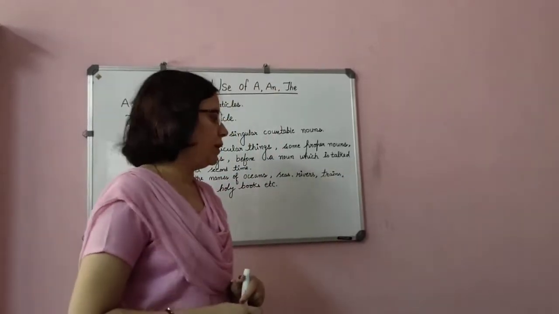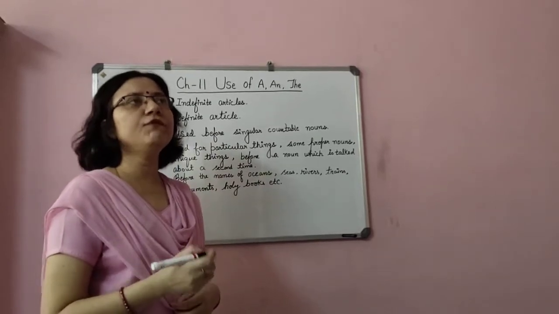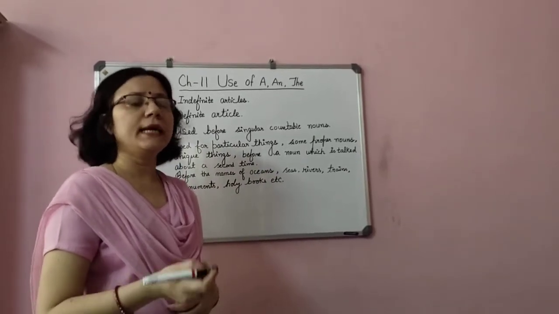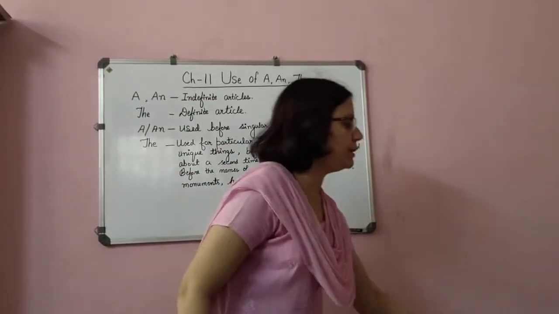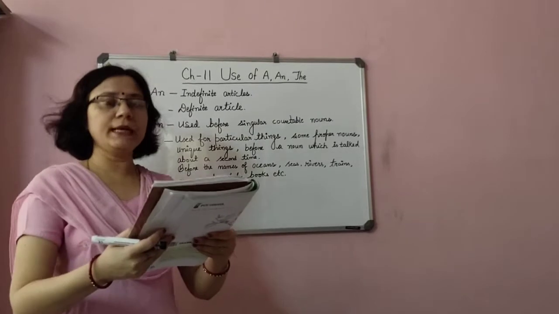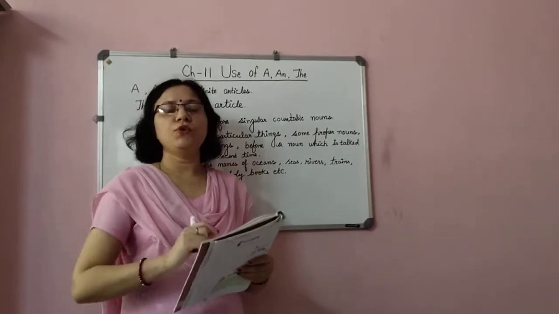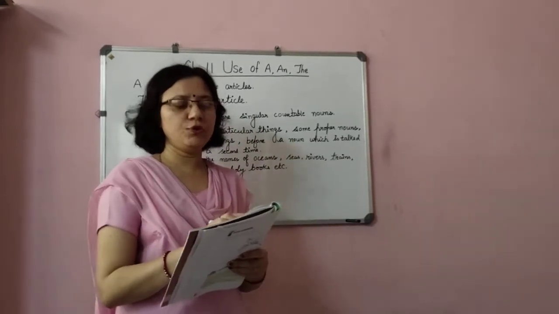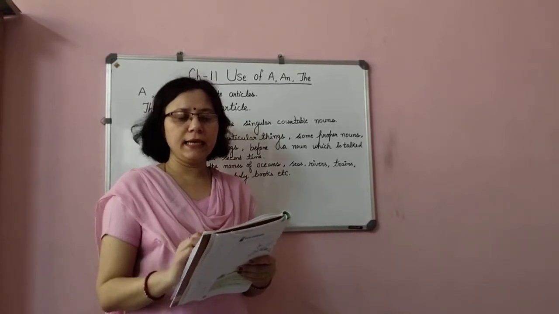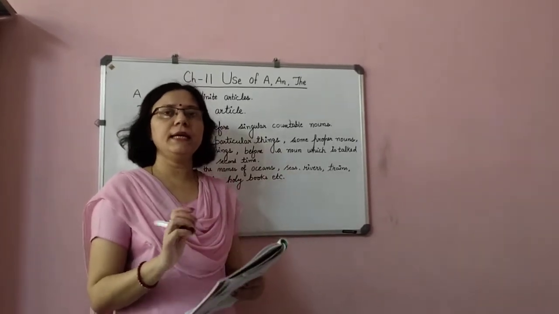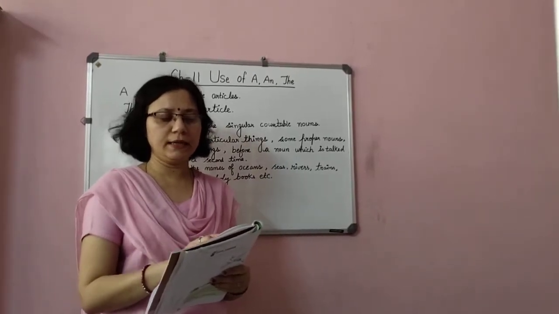And again we can use the before the nouns which are used for the second time. It means if we are talking about it for the second time. Suppose we can take one example, children. It is given in your English book, not in your grammar book. Tweety was dash pretty bird. So what can we fill up here? Tweety was a pretty bird. She had dash egg in her nest. Dash egg is starting with E. So she had an egg in her nest.